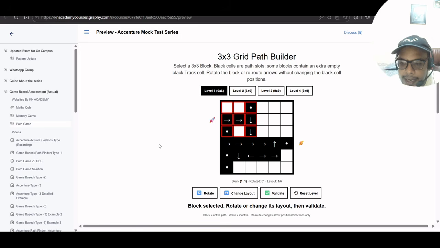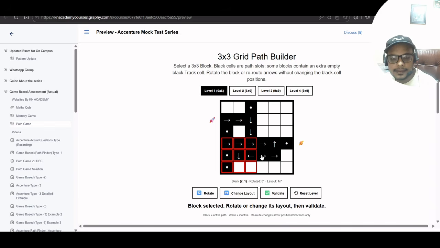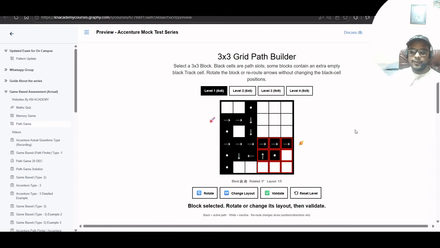This is fine. Right, down, down. Now I think this right is fine, it will go right, then down, down, again right. We need to correct this one. So for this block also we have two options: we can rotate, and we can change the direction. Suppose I am changing the direction, please check here. Now please see if the path is looking fine. So right, right, down, down, then right, right, right, right. Yes, we reached the path.